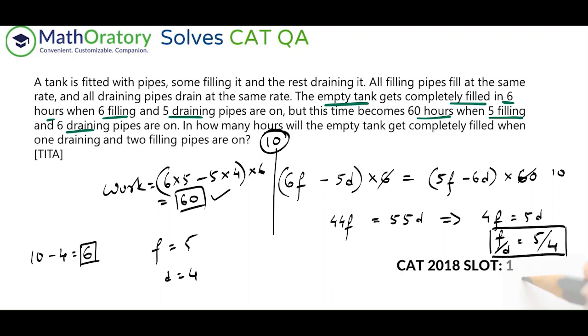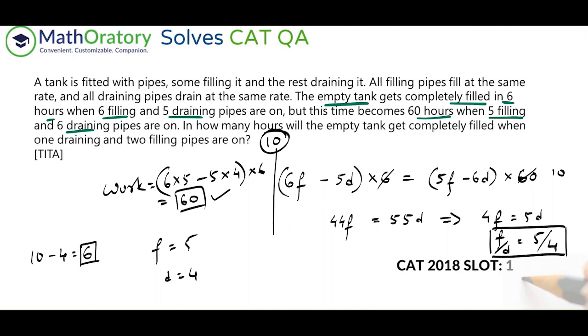So pretty simple problem. You just need to relate these two total work ideas, and then once you have the relationship between the efficiencies, assume those as efficiency and work with it. Get the total work, and then whatever is the requirement, again do the same thing. So it's a very simple idea. You can just use this idea in a lot of different problems of this type. Whether both groups of workers are doing a positive work, or one group is doing positive, another group is doing negative, it doesn't matter. You can apply this idea any which way. So that's it for this question.